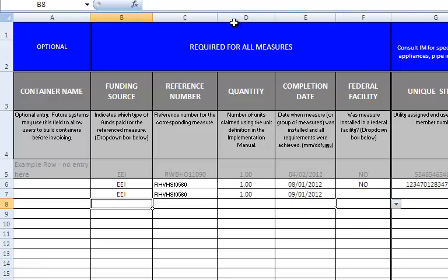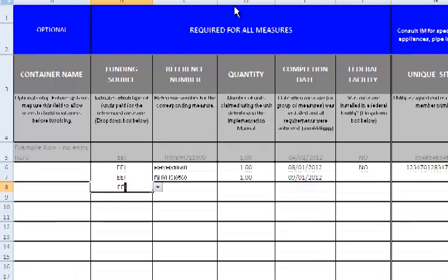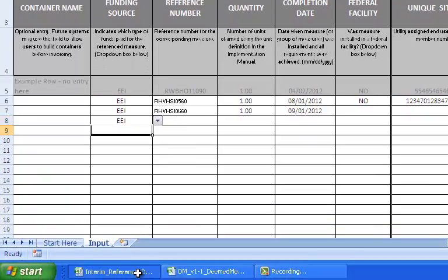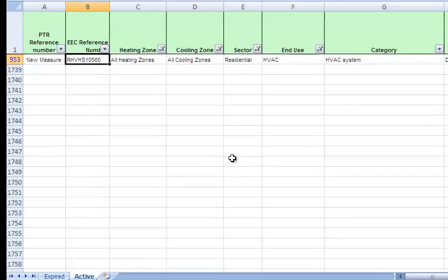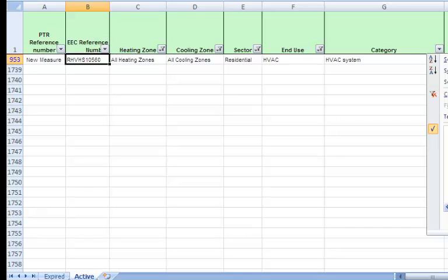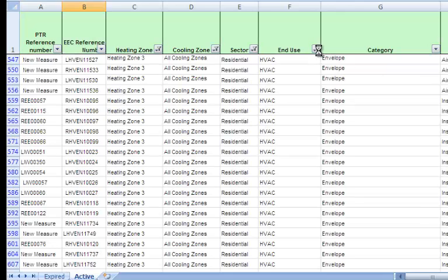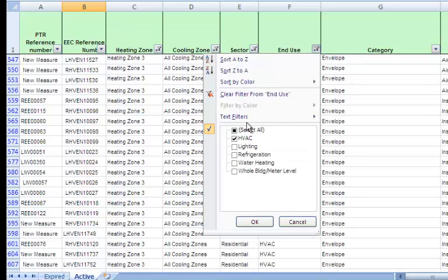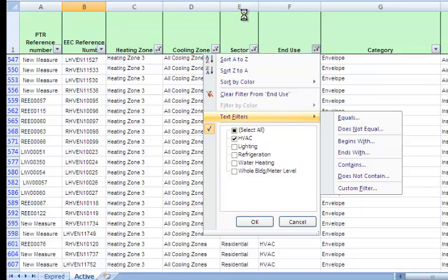Alright, now we're going to go and find a CFL measure. I am also going to use EEI again. I'm going to come back to the interim reference D measure list. There are two ways. Notice that I have a lot of fields filtered, so anytime there's a little funnel, you can clear that either one at a time, clear filter, and clear filter. You can also do an overall filter clearing through,